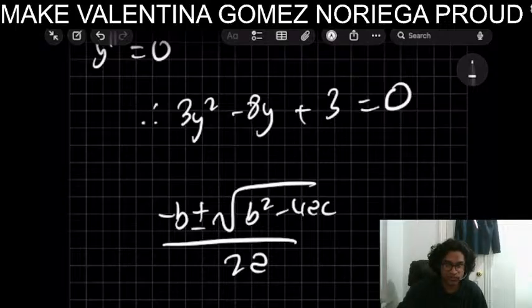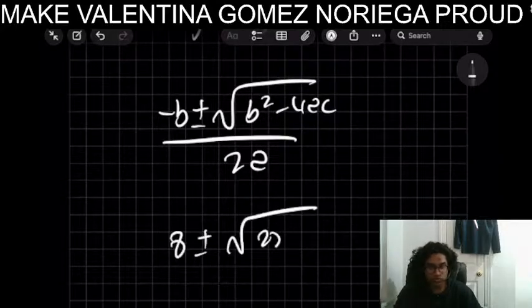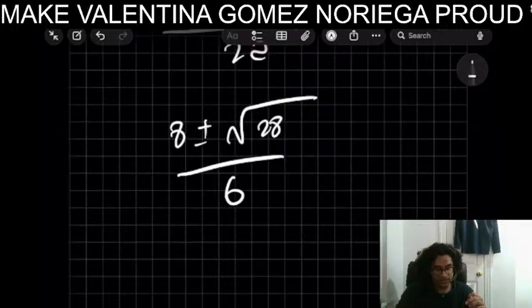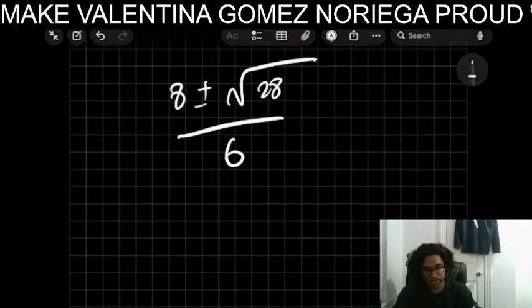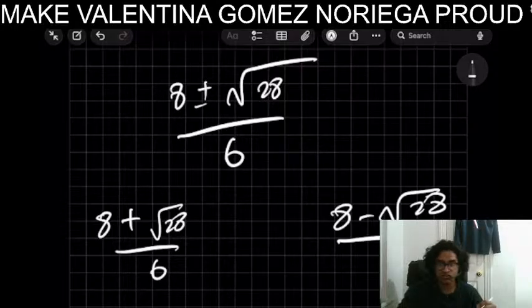64 minus 36 is what? 64 minus 36 is 28. We're going to have 8 plus or minus the square root of 28, over 6. So your concavity will change at 8 plus square root 28 by 6 and 8 minus square root